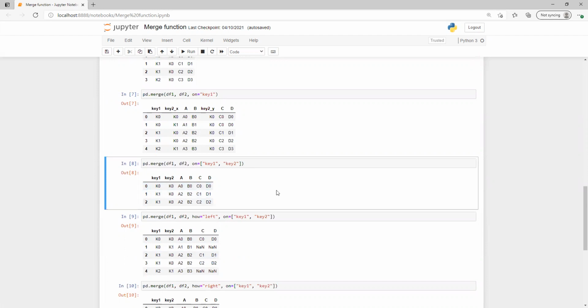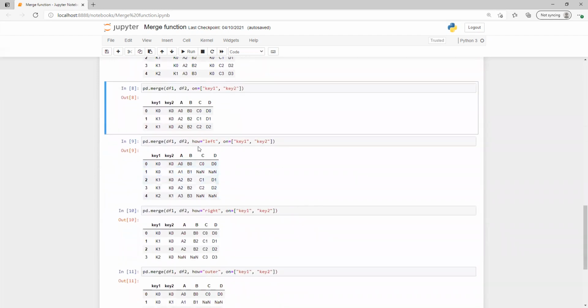Now merge is also going to work like join, so we can use how. By default it's working as an inner join if we're not providing how and providing only the on column name. Here I provided how as left. Left is df1, so all rows of df1 will come and corresponding NaN will come for data frame 2. We can see previously K0, K1 was not there, but now it came, and for data frame 2 it's displaying NaN. And similarly for K2 and K1, it's displaying NaN for data frame 2.